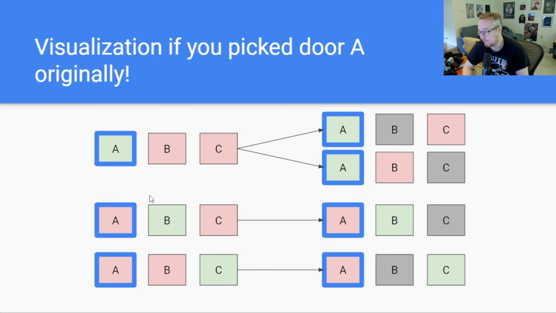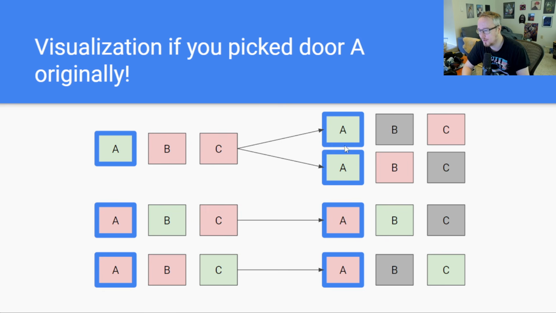I don't know. It doesn't matter, right? You could just say I picked door B, but then you could call door B door A. The doors do not actually have names, they're doors. Door A has, in this scenario, the sports car behind it. And so the host, having to reveal a door which has a goat behind it, can choose. They can either choose to reveal the goat behind door B or the goat behind door C.